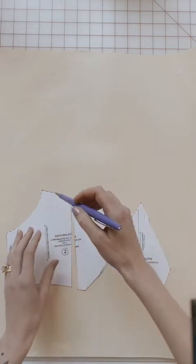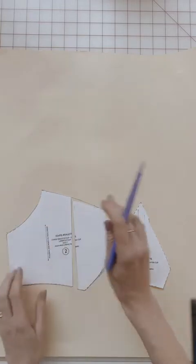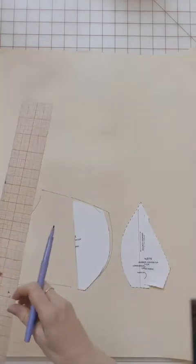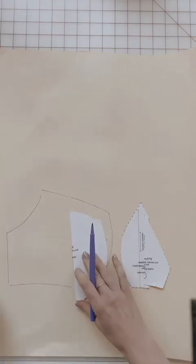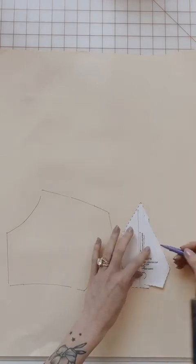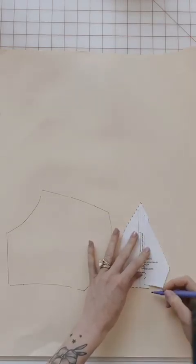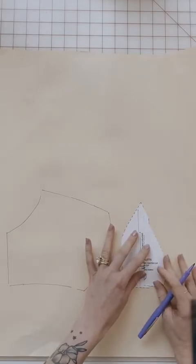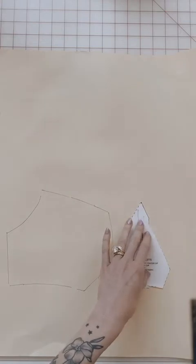Not the cleanest lines, but it's just for tutorial's sake. And then for this one, I'm having it overlap. Now there's going to be a little cutout right here, so I want to blend those two lines. So what I'll do here is I'll probably take